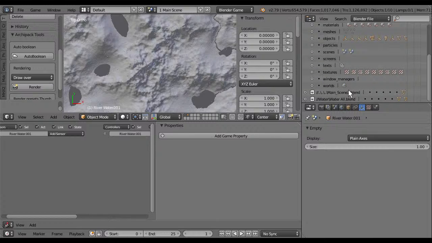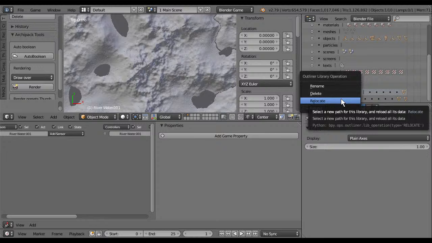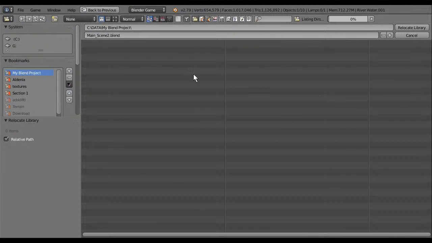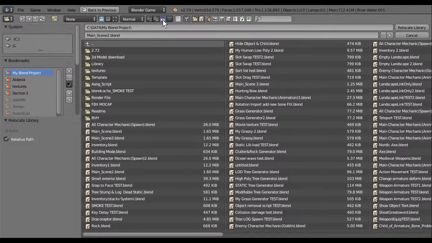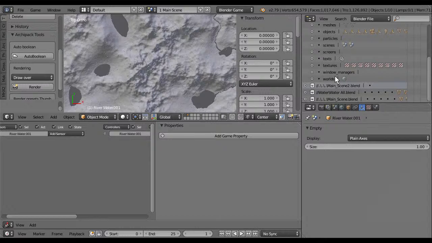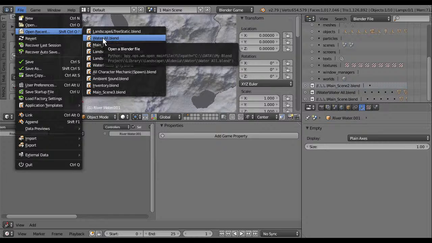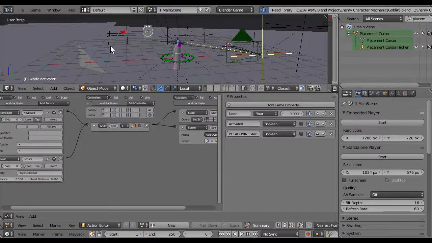That's the object for the main scene. Let's replace this. Cutscene again.